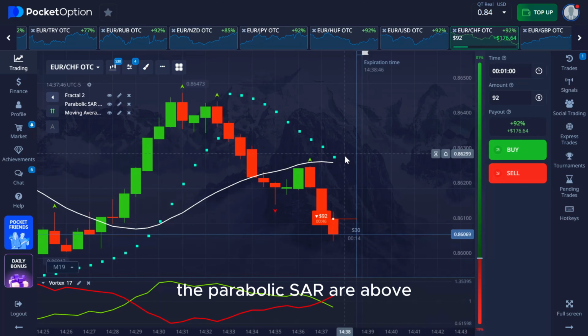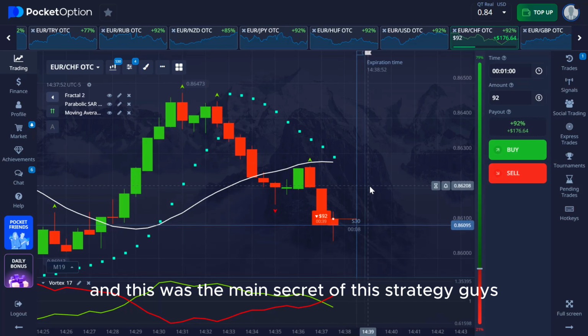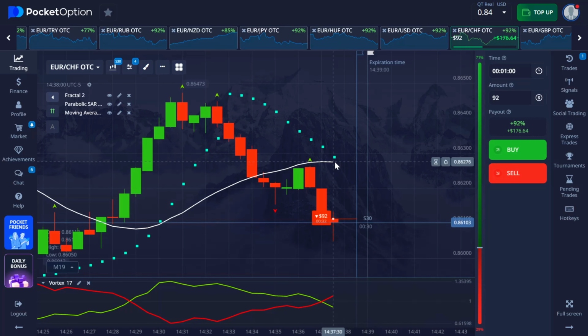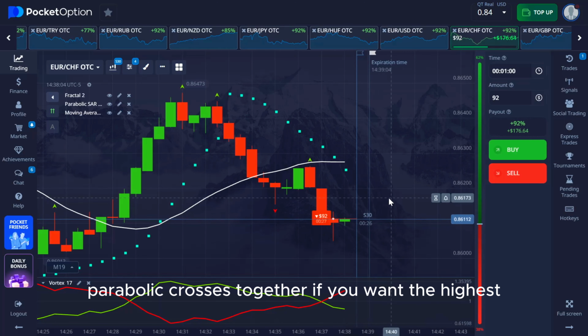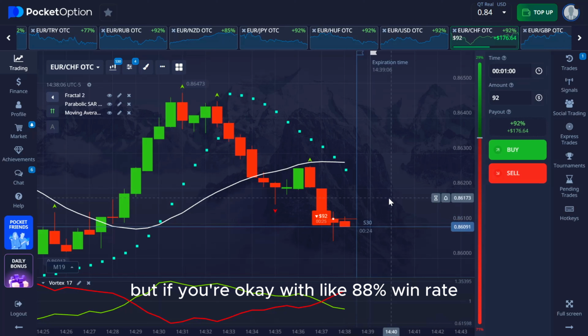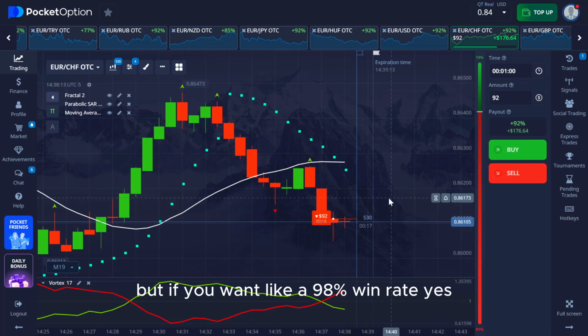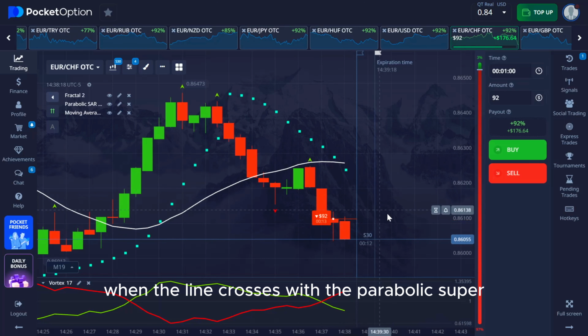The parabolic SAR is above. They are almost crossing the moving average, and this was the main secret of this strategy, guys. Always ensure that the moving average and the parabolic cross together if you want the highest win rate. But if you're okay with like an 88% win rate, it doesn't have to be crossed. But if you want like a 98% win rate, yes, when the line crosses with the parabolic, it is super, super